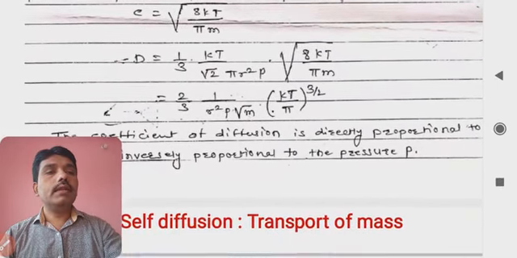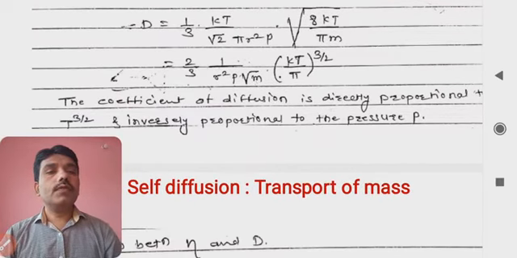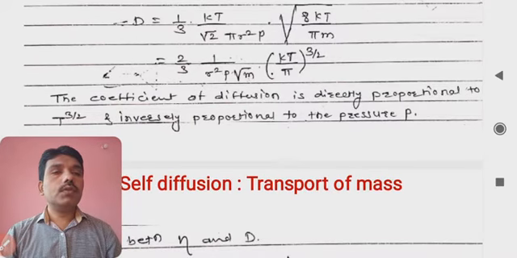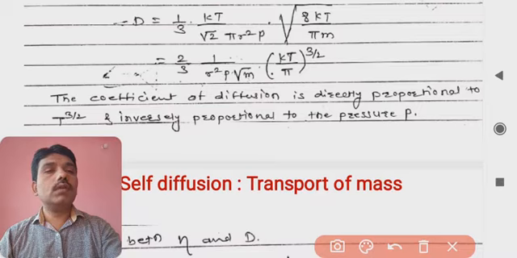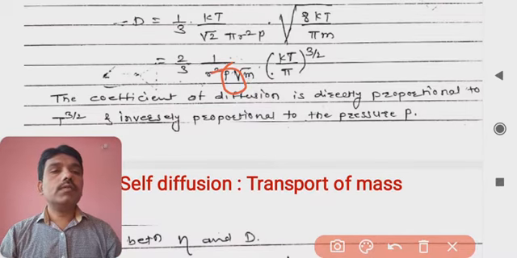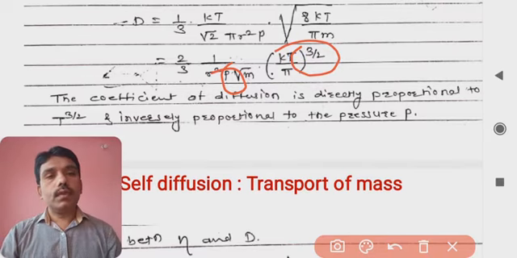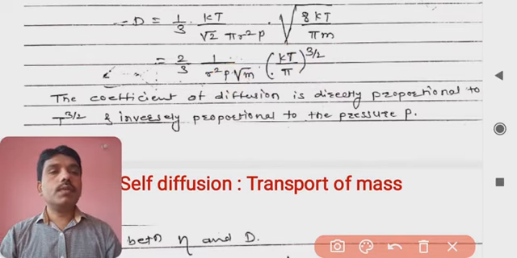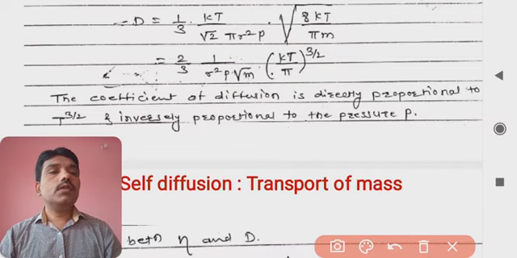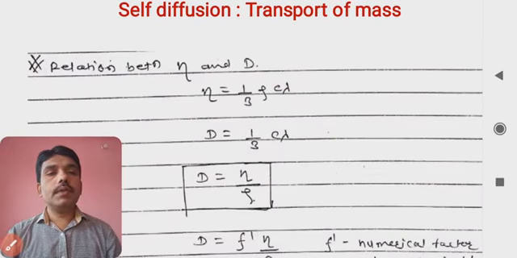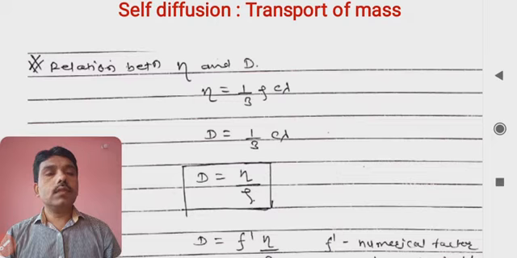That clearly indicates the coefficient of diffusion is directly proportional to t raised to 3 by 2, and inversely proportional to the pressure, because it is divided by it. That means diffusion is directly proportional to t to the power 3 by 2 and inversely proportional to the pressure. Now, as far as the interconnecting relationship between eta and d is concerned,